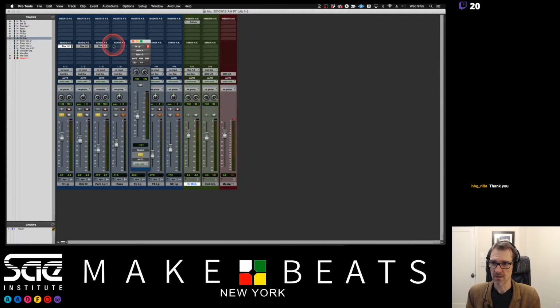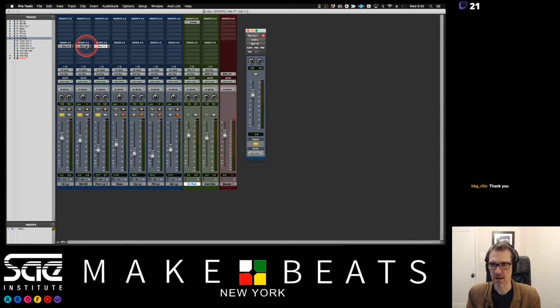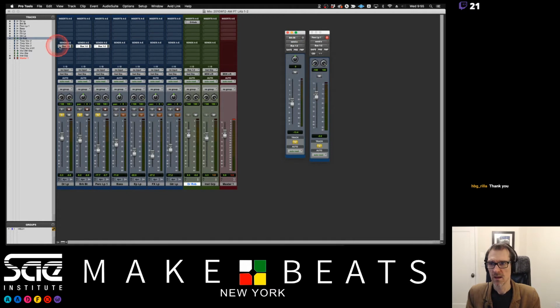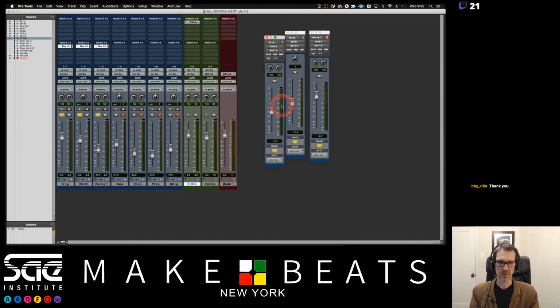If I click on one of these, it pulls up this extra little fader here that just kind of lives on top of stuff. I can put it over here on the right. If I hold down Shift, I can pull up the fader like this. Let me just put them over like this. And if I hold down Shift again and I click it, there we go. So now I've got my 3 send amounts over here. Now in this scenario, if I play everything,